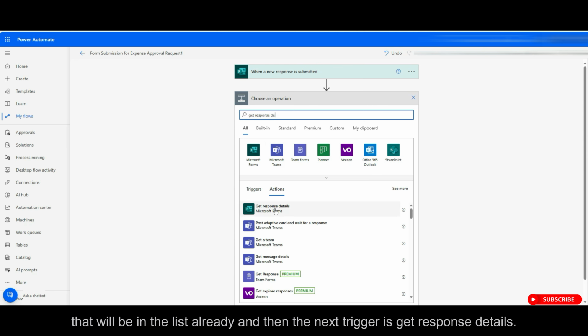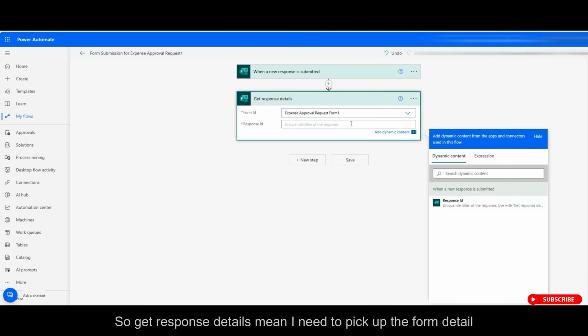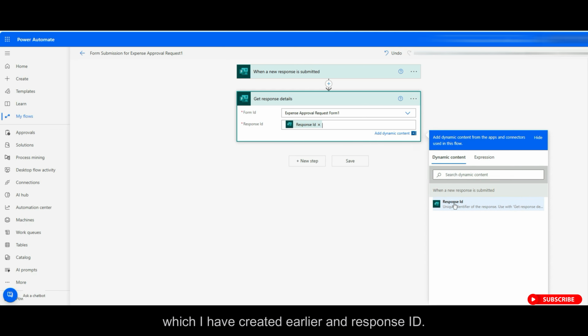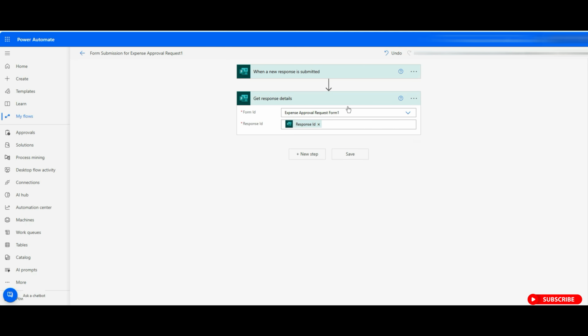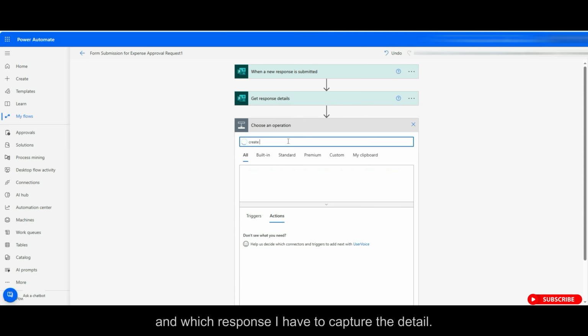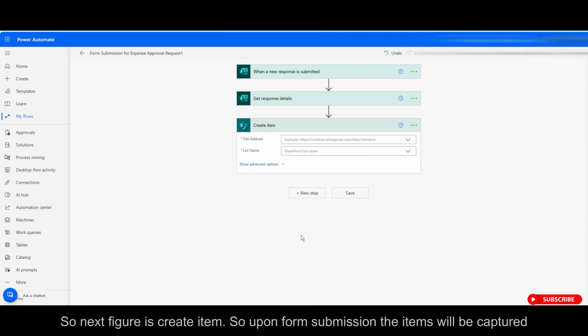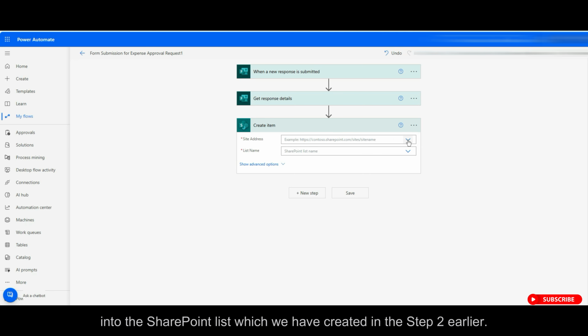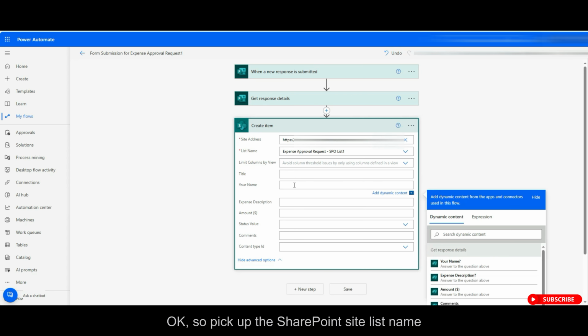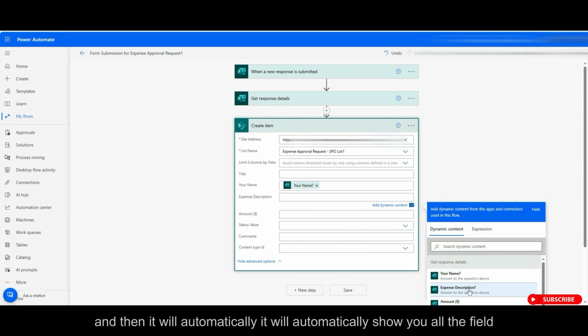And then the next action is get response details. So get response details means I need to pick up the form which I have created earlier and the response ID. So the flow will automatically know which form I have selected and which response I have to capture the details of. So the next action is create item. So upon form submission, the items will be captured into the SharePoint list which we created in the step 2 earlier. Okay, so pick up the SharePoint site and list name,